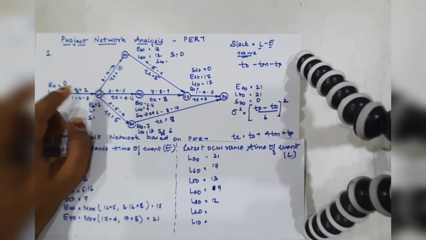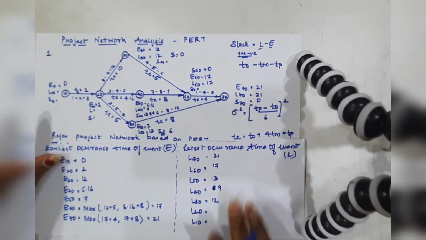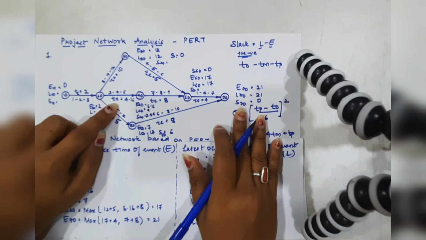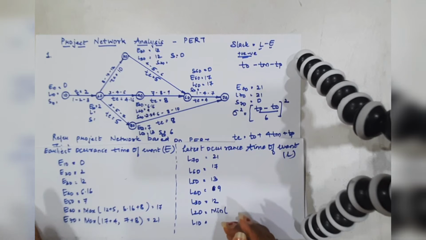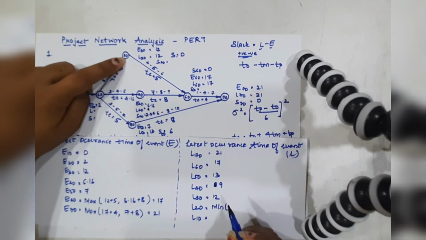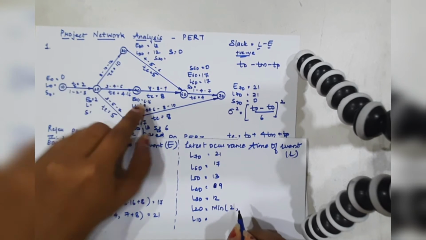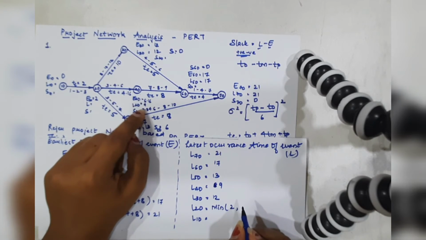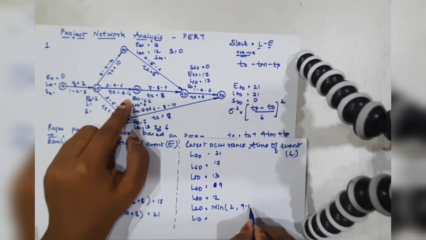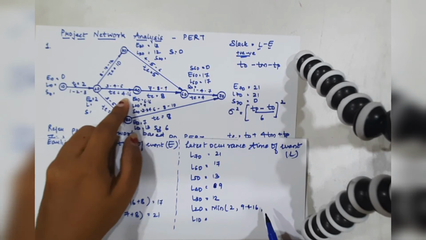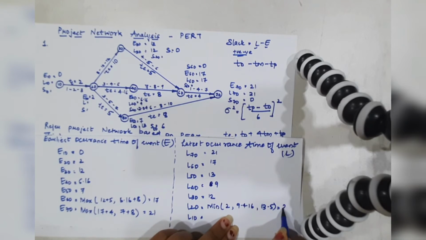Now for 20 we have 3 arrows which are pointing backwards. For that we need to look at the minimum out of all 3. So here the concept of minimum is applicable. First would be L30 minus 10, so 12 minus 10 would be 2. Then next is L40, that is 9 minus 4.16. Next is 13 minus 5, so the minimum out of these is 2.